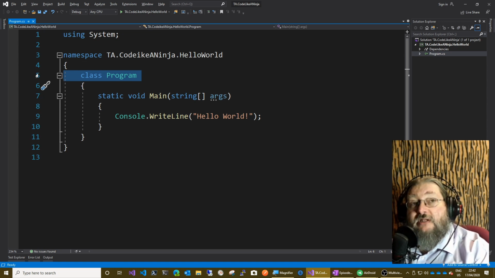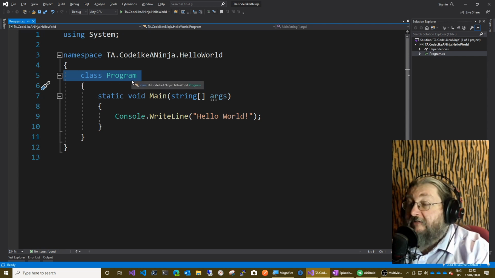And we'll go a little bit deeper into what an object is a little bit later on, but for now just know that this is pretty much how every program has to be written. You need at least one class. It can be called anything you like, but it's typically by default called program, and this is for runnable programs that you can start from the command line. So these will compile to a .exe executable file, and